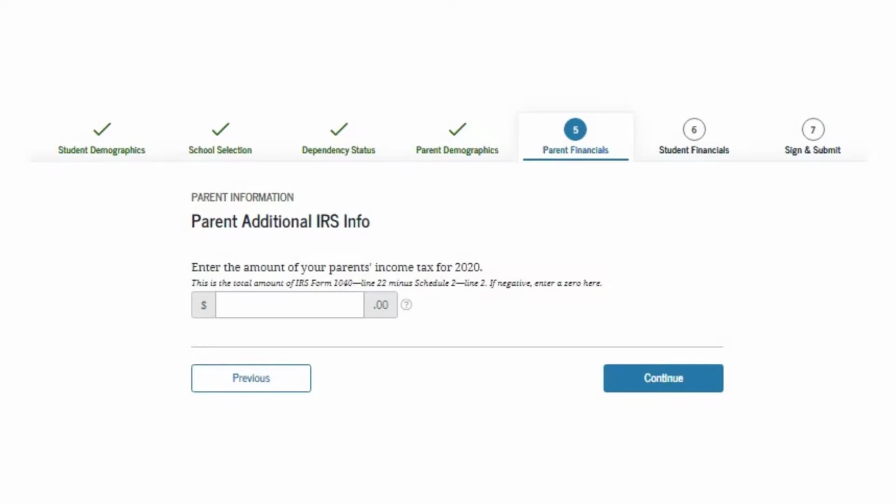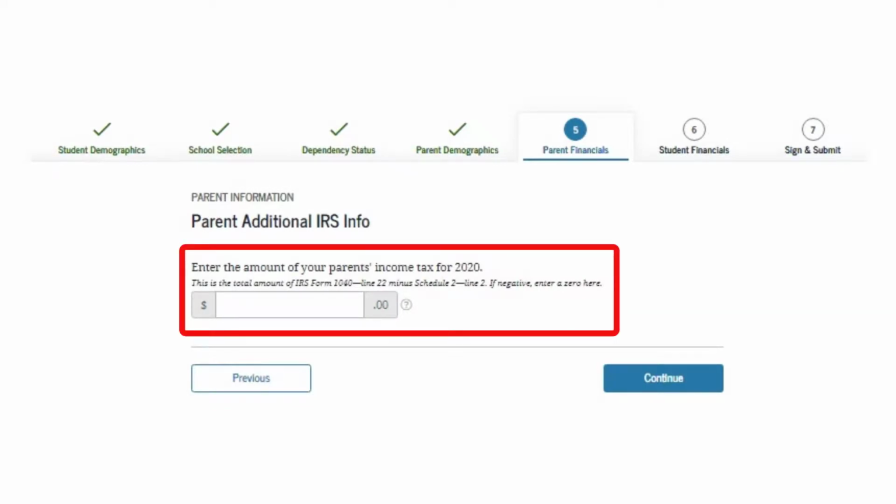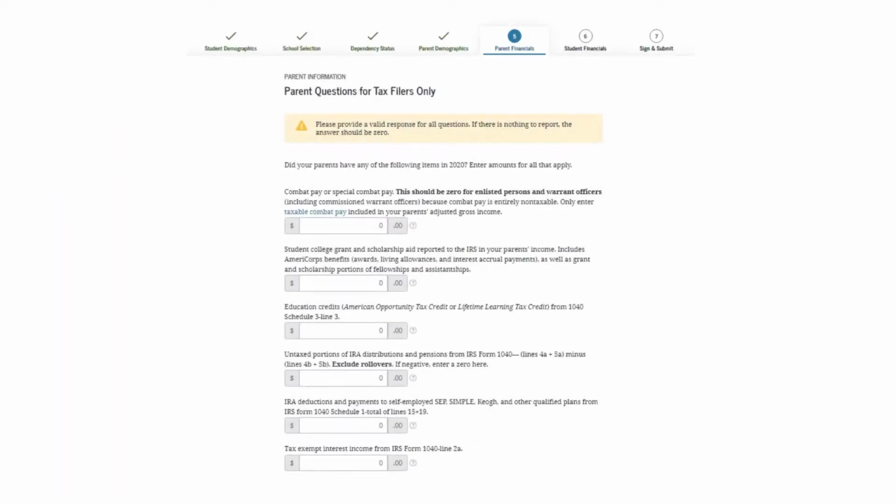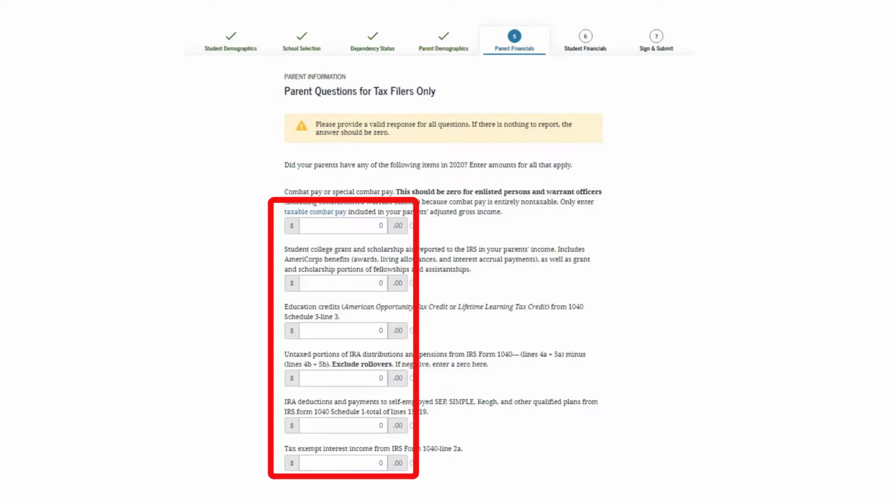Next is the income tax. This is the amount of tax owed to the IRS, not the amount withheld. Again, this is another common mistake, so be sure to look at the correct line on the tax return if completing this item manually. Now we move on to the untaxed income portion. This is where the majority of the information may not be transferred from the IRS. The items will default to 0, so they must be updated if the item applies.